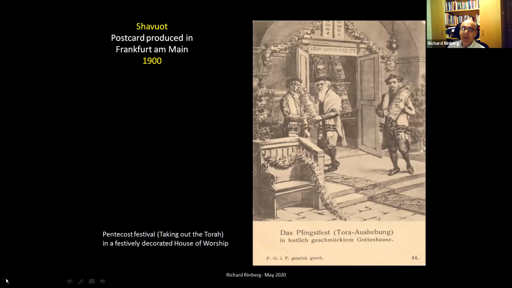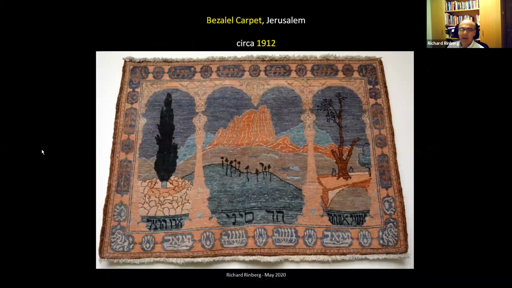And again, here's a postcard, a different postcard, but again of Shavuot. There are not so many Jewish images of Shavuot. If you talk about Pesach, if you talk about Yom Kippur, Rosh Hashanah, you could be here all evening looking at images. But actually, if you want Jewish images of Shavuot, not so many, because there are not so many things you can pick out as being particular for Shavuot, other than decorating the shul and obviously to do with the Torah and the beauty of the Torah and the Luchot. So this is from Frankfurt am Main in the year 1900.